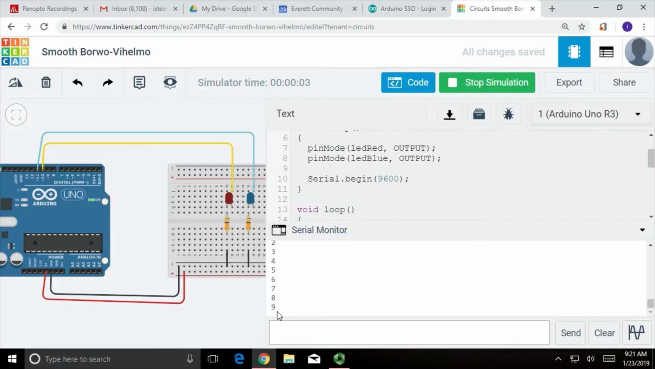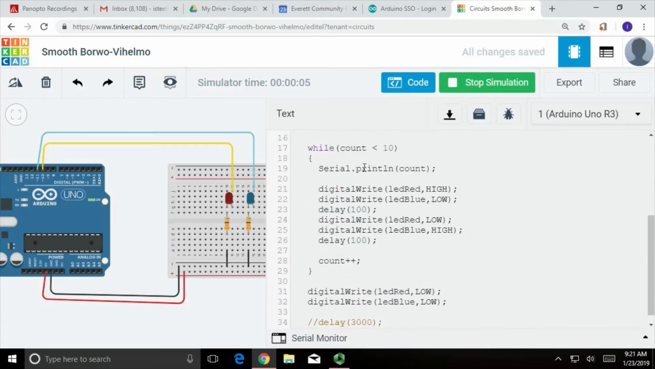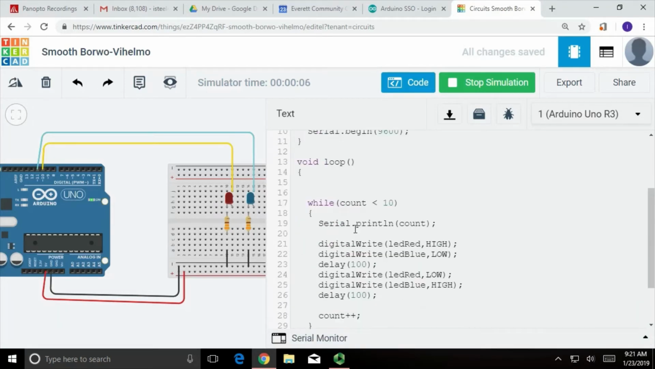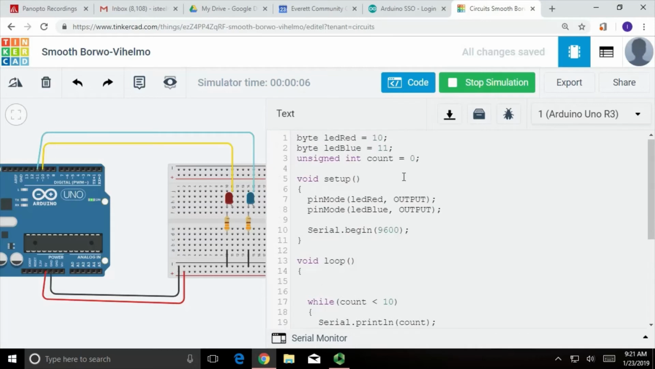It printed 9. That was the last time I told it to print. These turned off, and they should never turn on again because count is too big. Now if I want it to flash those LEDs and then do something else for a while, and then I want it to reset back to 0,